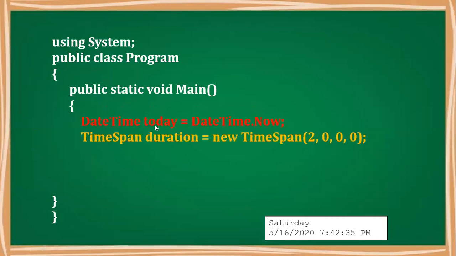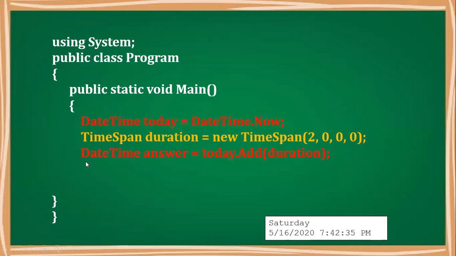Next we have created a TimeSpan object, TimeSpan duration. Here we are creating an object with new. So why are we not using new for DateTime? Because all the functions and properties in the DateTime class are static, so we need not invoke with the new keyword. But in the TimeSpan class, some functions are static and a few of them are not, so we have to invoke with the new keyword. So we have created an object TimeSpan duration, that is our user defined name, and we are initiating it with new TimeSpan 2, 0, 0, 0 as per the parameters provided.